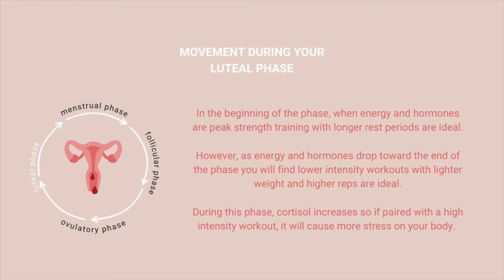So now let's talk about movement during your luteal phase. As always, everybody's body is going to be different, but in the beginning of this phase, when your energy and your hormones are at their peak, strength training with longer rest periods is ideal. However, as your energy and hormones drop toward the end of the phase, you will find that